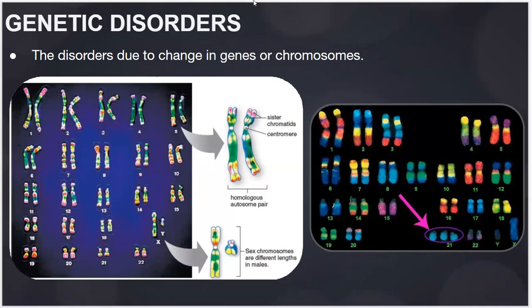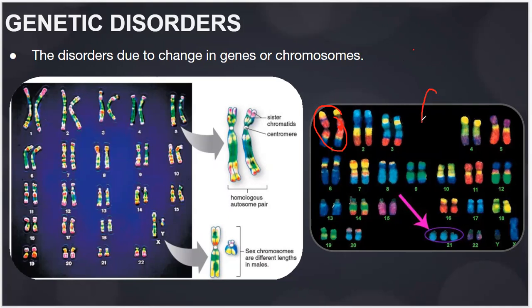Basically, this is a general term. We were discussing color blindness, and we were also discussing hemophilia. Those are also genetic disorders, but there's a difference. There was a mutation in a particular gene, a point mutation. Let's say this was chromosome number 1, and there was a mutation at a particular location in the chromosome. But the genetic disorders that we will be studying now are chromosomal disorders, wherein there will be